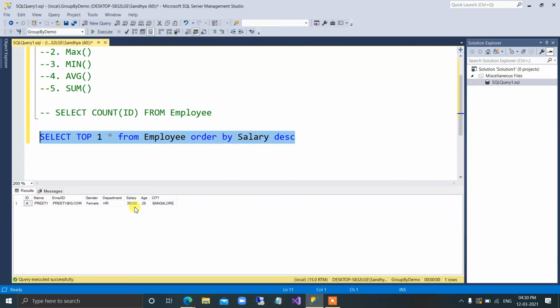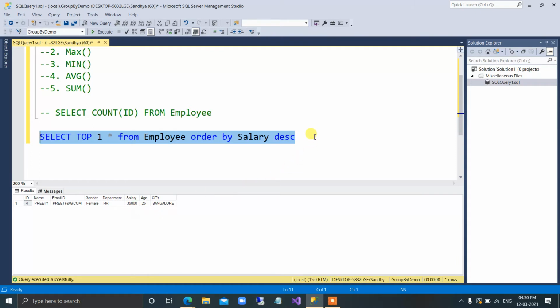So first, what we did, we set the rows order by. By using order by, we have sorted the entire table. So we used order by descending. So the highest salary or the max salary is the first record, first row. And how to get the first row? You can use top one. If you want two records, you can use top n. Okay. So this is one way where you can find out. In this way, you can write a query to find out the maximum salary.